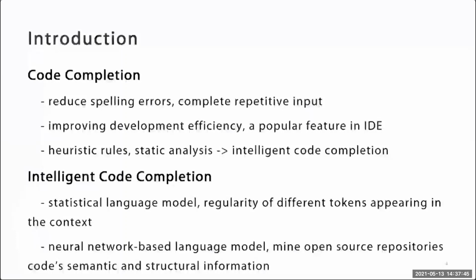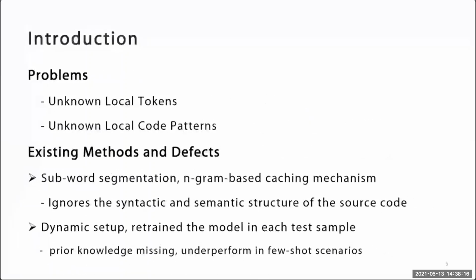With the construction of large-scale corpora and the development of machine learning, researchers began to use neural network-based natural language models for code completion. These models can learn the code patterns in the massive code data in the open source repositories and make more effective use of code semantic and structural information. However, the characteristics of these natural language corpora are not always related to source code. Therefore, the existing code models based on natural language models have some unsolved problems, like unknown local tokens and unknown